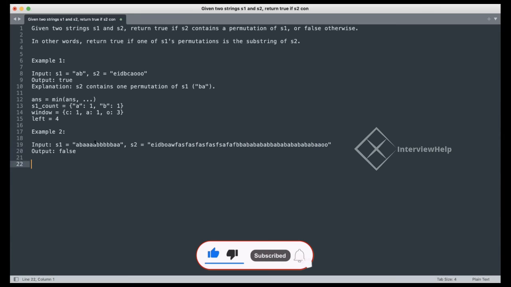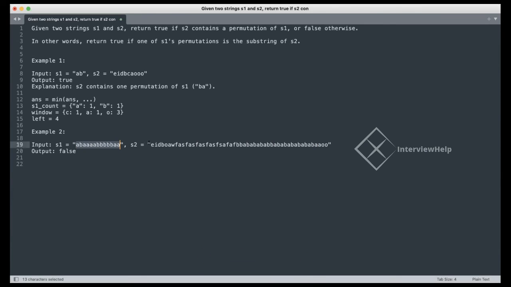So if you're using brute force, comparing this with this can be very slow, right? Then you're comparing this with this, it's also going to be slow. It's going to be O of NK, where N is the length of S2 and K is the length of S1, right? So that's the brute force, and the sliding window solution will be O of N,